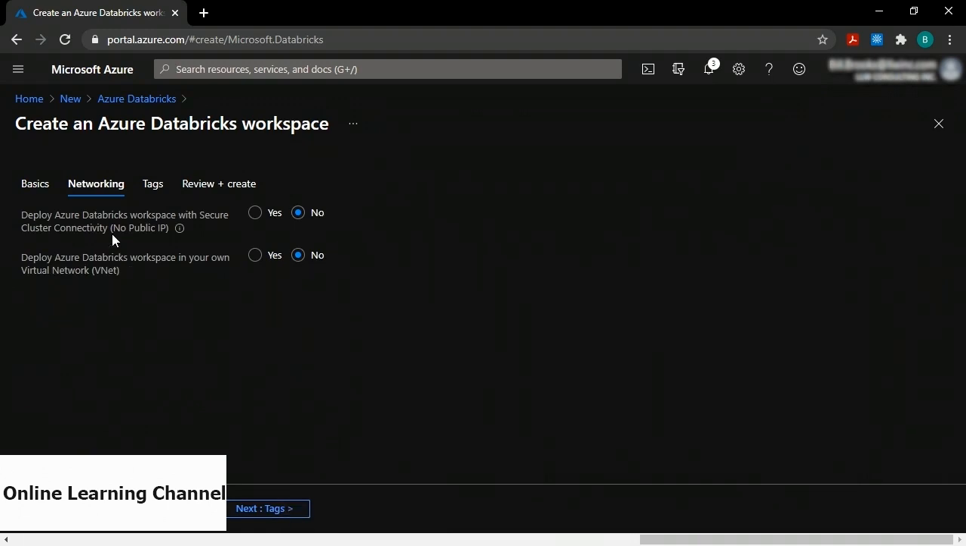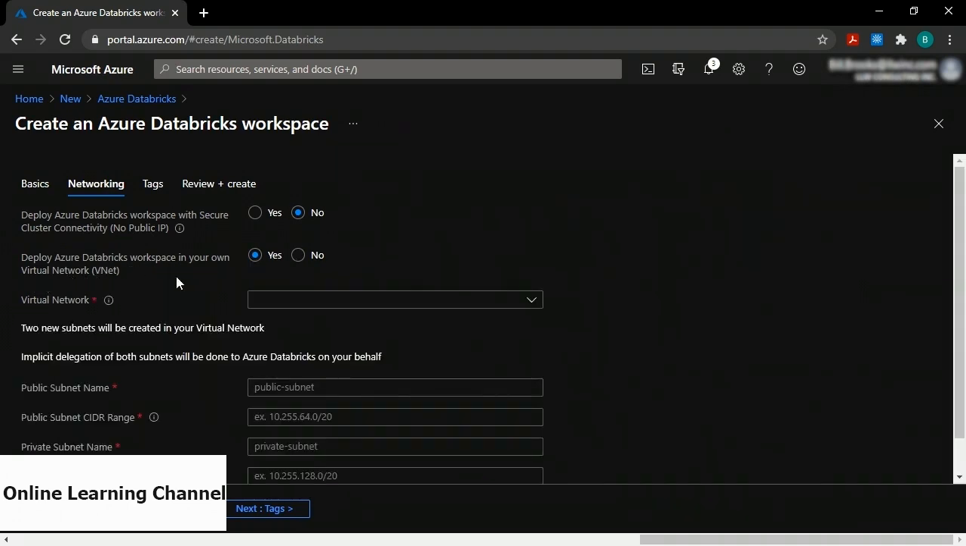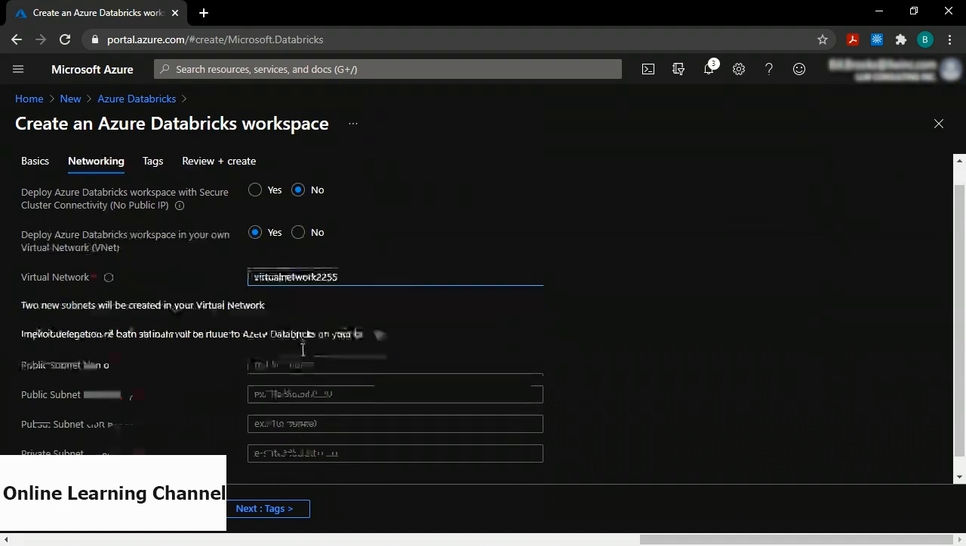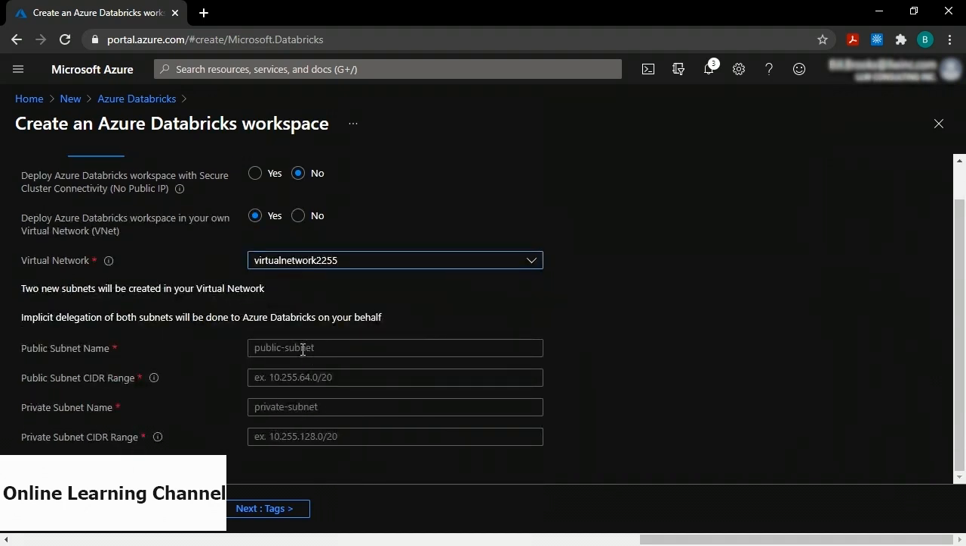Now I'm on the Networking tab. And the second option in the Networking tab is Deploy Azure Databricks Workspace in your own virtual network. I'll click Yes for that. Now it asks me for the virtual network. So I'll choose My Virtual Network. And now I need to fill in details about the public subnet and private subnet. And we're going to split the IP addresses on the address range we chose on the virtual network